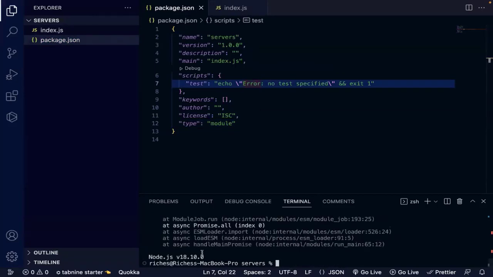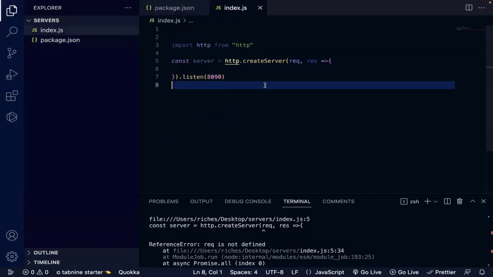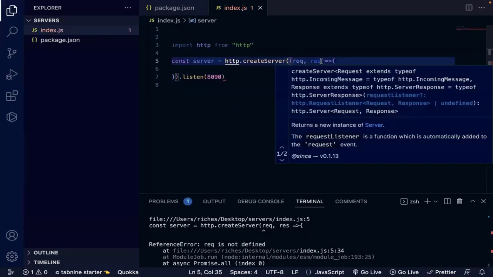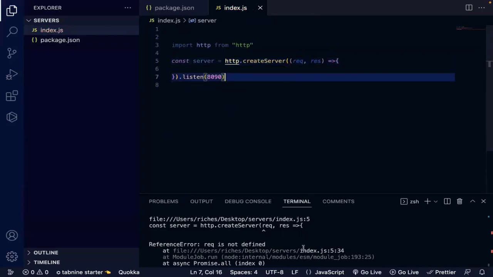So once I run this again, I still have another issue. Request is not defined. So let's see what we have. We are creating server, which is HTTP create server. So let's see what the issue is. It's telling us that request is not defined. So let me put this inside this. So once I save this now,